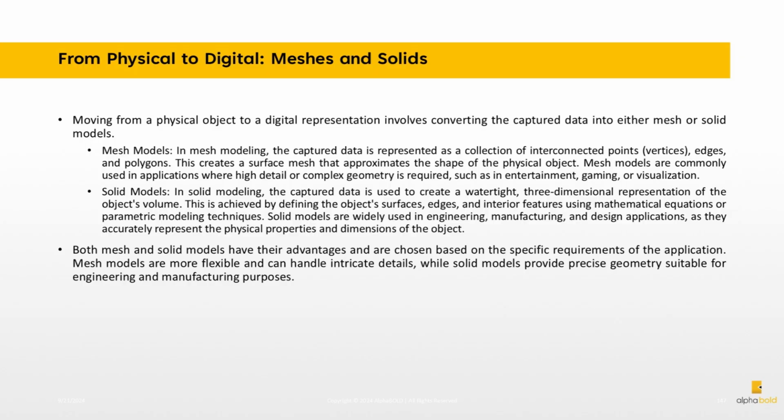Moving from a physical object to a digital representation involves converting the captured data into either mesh or solid models. Mesh models. In mesh modeling, the captured data is represented as a collection of interconnected points, vertices, edges, and polygons. This creates a surface mesh that approximates the shape of the physical object. Mesh models are commonly used in applications where high detail or complex geometry is required, such as in entertainment, gaming,